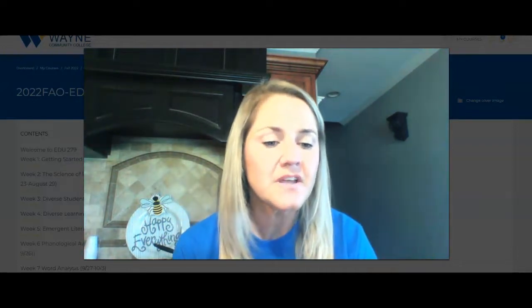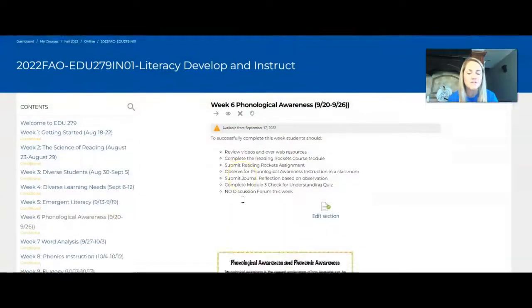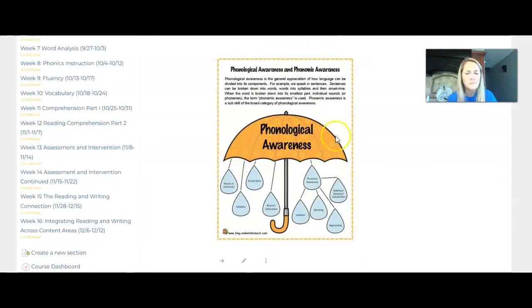Okay, so let's look at one of the visuals in our course today that I think will help you with this. This is a pretty simple visual, but it does give you a good example of what phonological awareness is. And the skills really build upon each other. So the larger umbrella here that you see is phonological awareness, and these are all the skill sets that are part of phonological awareness. I gave you the example of words and sentences, so that is kind of a bigger unit of